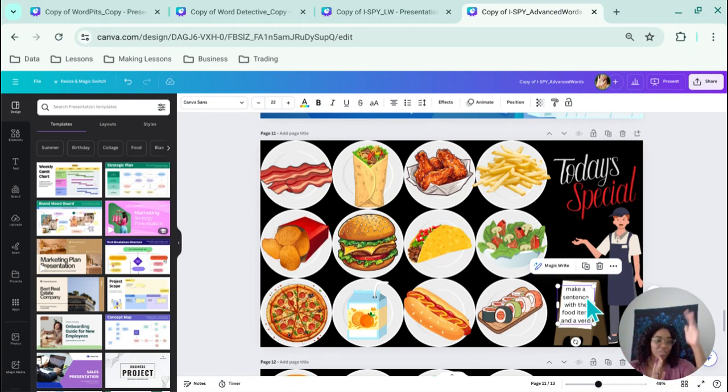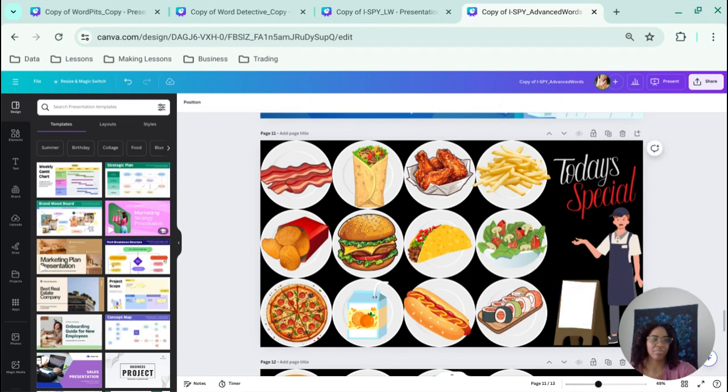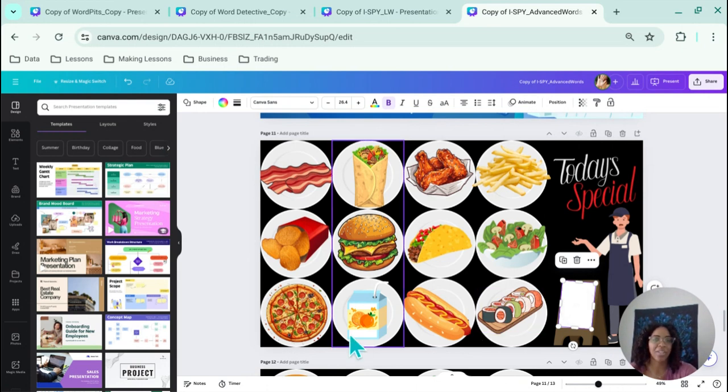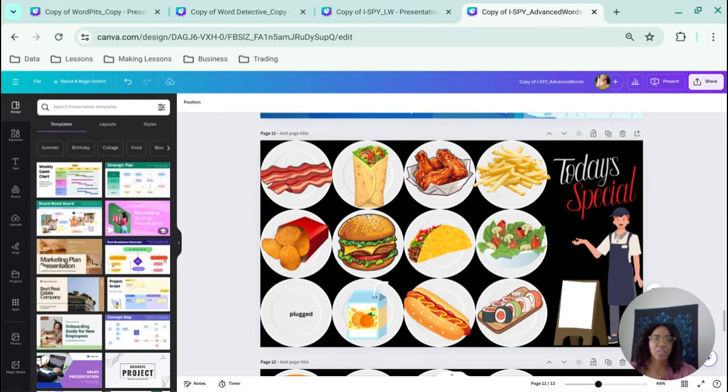So I like this one because it has built-in difficulty levels for students. So this is more for students who are working on grammar, because they have to know what a verb is, they have to know how to make a sentence already. So this is just an elevated take on the other ones, rather than just reading a word that's underneath. I think the words are underneath as well. Yeah. So the words are underneath, plugged, and then